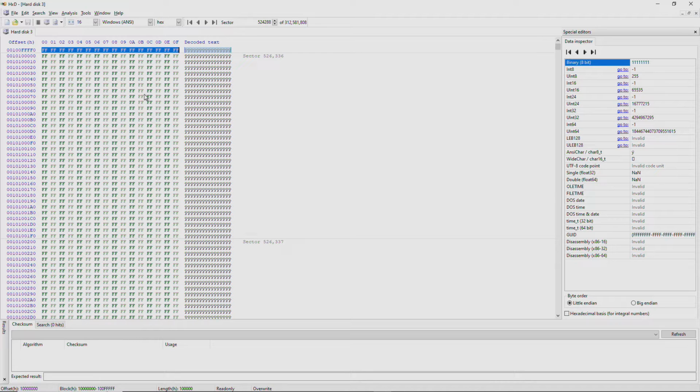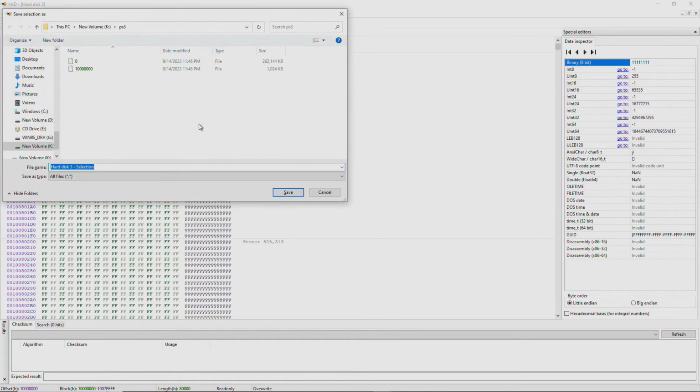Also want to think about how many bad sectors you actually have on the drive, because for every bad sector you have to do a process similar to this. The more you know about the drive, the less long the process is. But